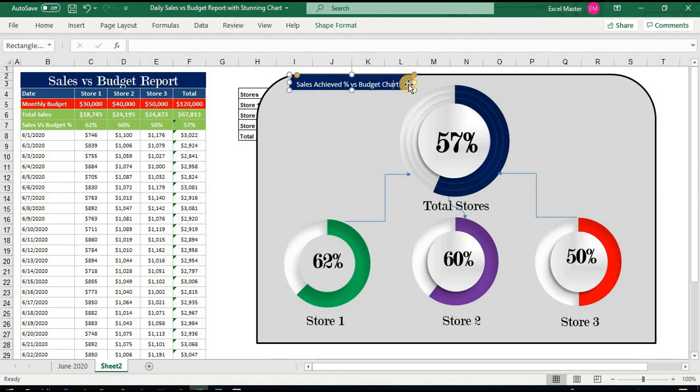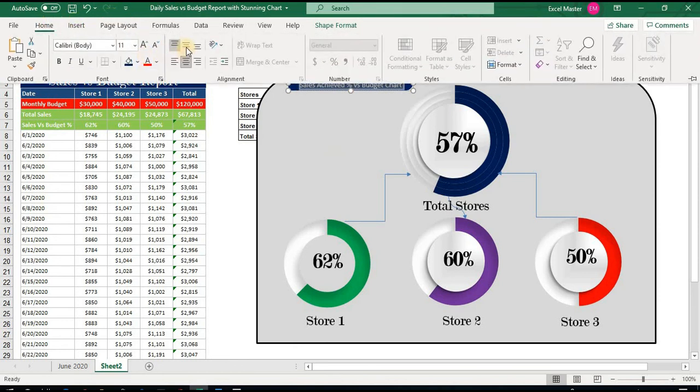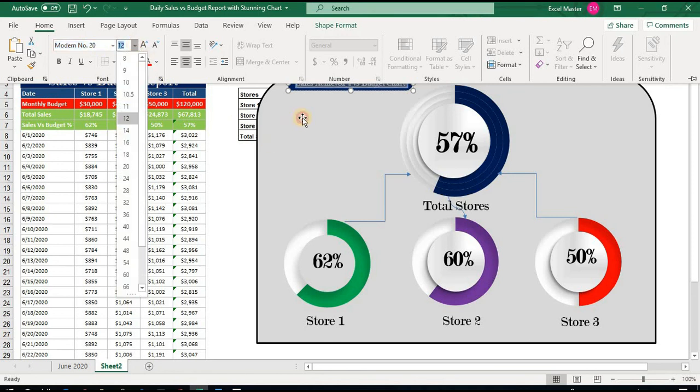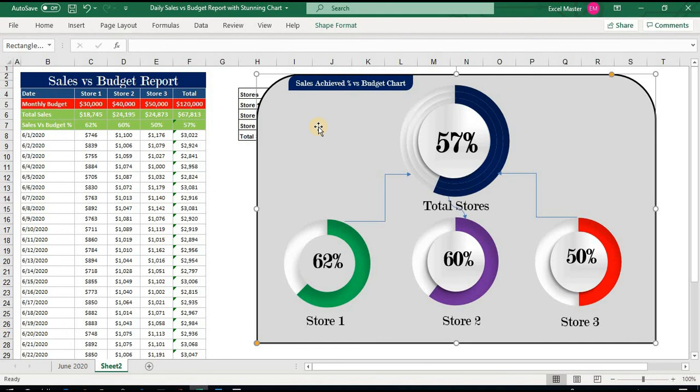We'll make it center, and we will change the font to modern number 20. Looks like this.